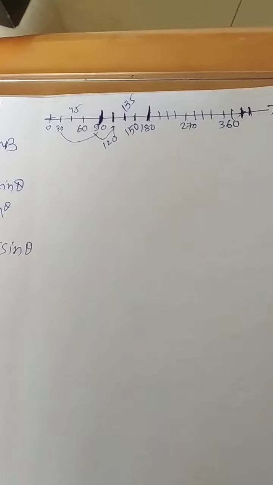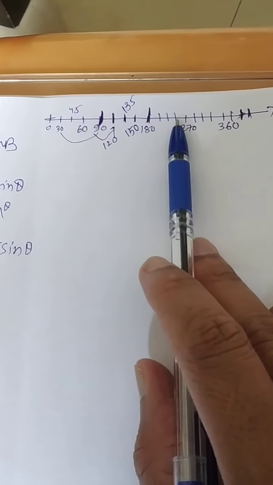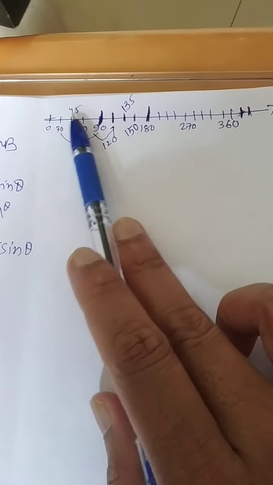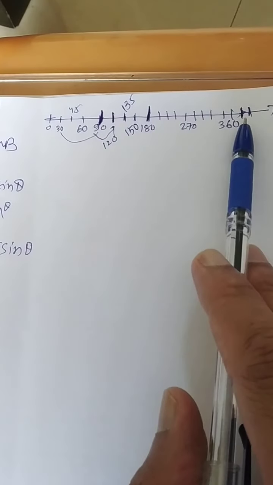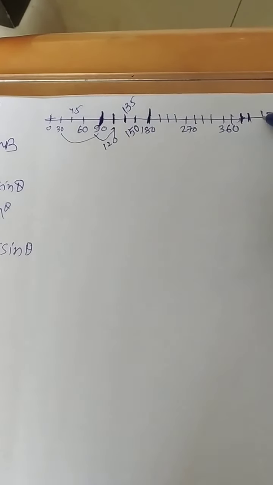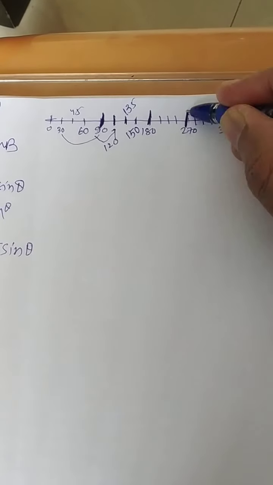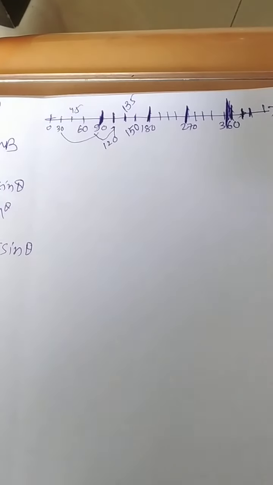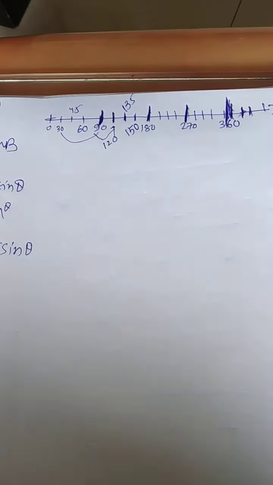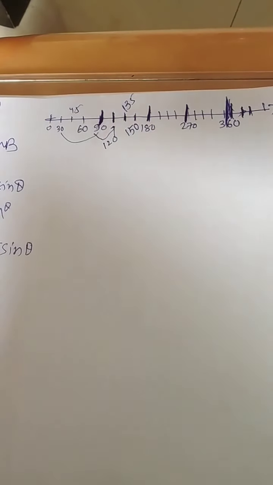Similarly, can you talk about what are these number lines? This is nothing but addition of 30, 45, 60. Here also 30, 45, 60. Here also 30, 45 and 60. So what is the baseline? 180. Over here the baseline is 270. Over here the baseline is 360. You can get 3 angles in between. Just quickly complete the number line.